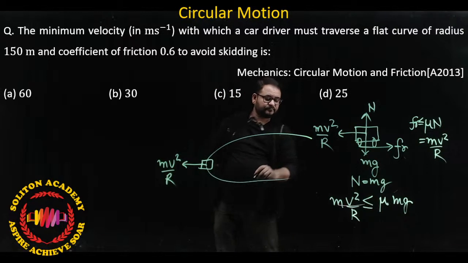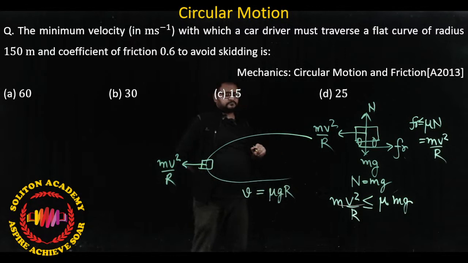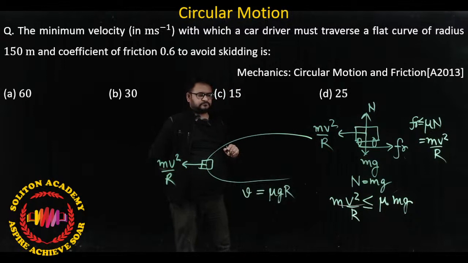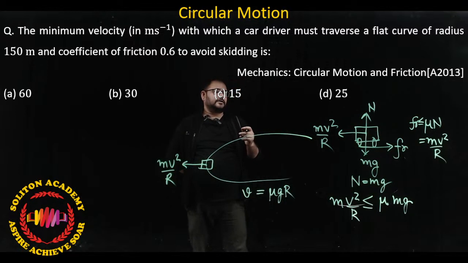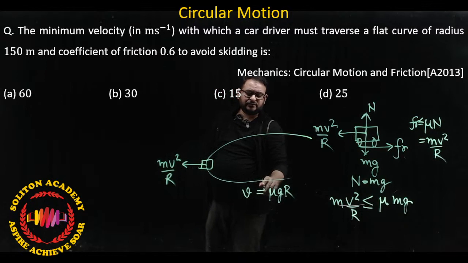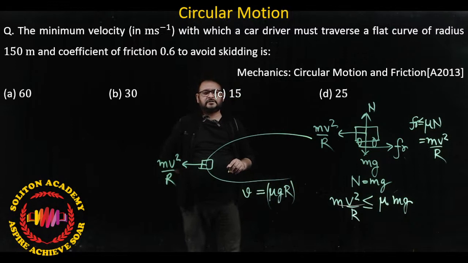तो देखिए इसमें v क्या आ जाएगी, μ g r, for safety purpose the velocity should not be more than this, ओके? एक्चुअली इस क्वेश्चन में मिनिमम की जगह मैक्सिमम वेलोसिटी होना चाहिए था,